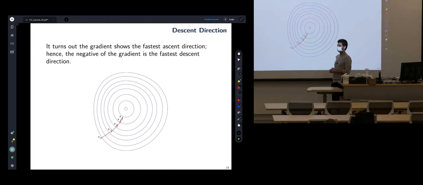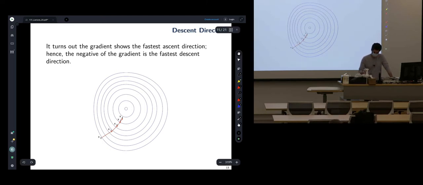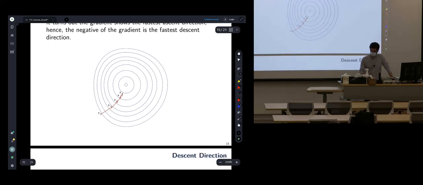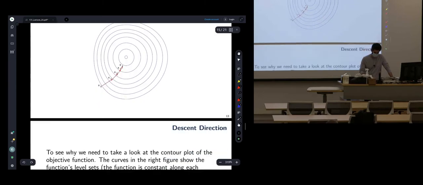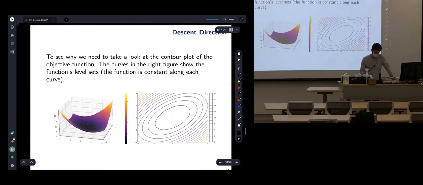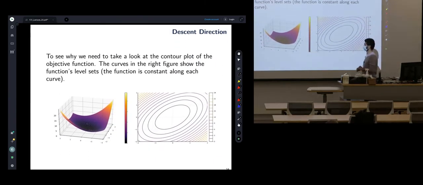It's not the fastest descent direction. Then you might ask why. There are several ways to think about it, but I had to come up with something that you don't need calculus for, right? So that's basically the pain-free version of the explanation. So you need to look at